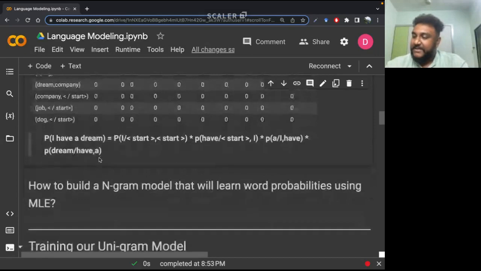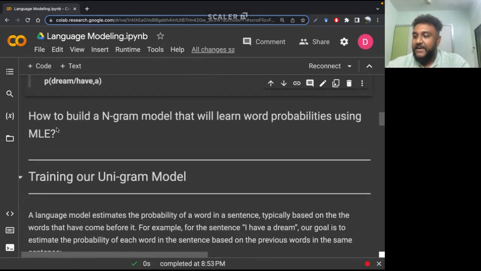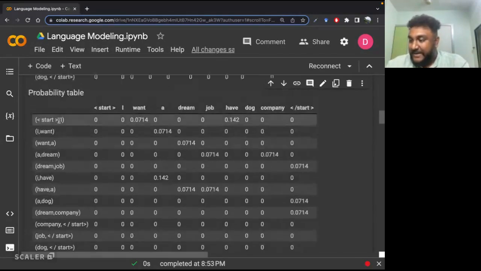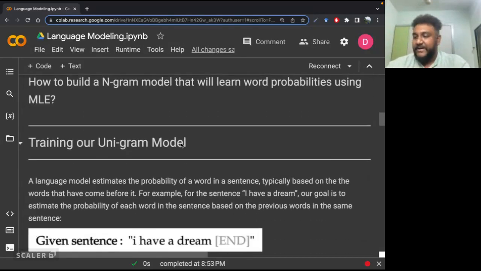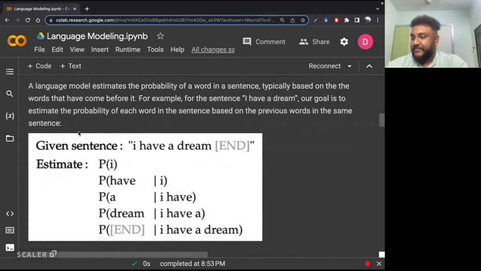Now the question is how to build an n-gram model that will learn word probabilities using this thing, MLE, right? MLE is maximum likelihood estimation. So the idea is very simple, okay? The way you implement this is you simply implement a way to get this table. Generally, what people would prefer is to put a dictionary implementation there for the reasons we just discussed, and we will go ahead with that, right? So briefly, let us see how we will train that. So given this sentence, we will basically,